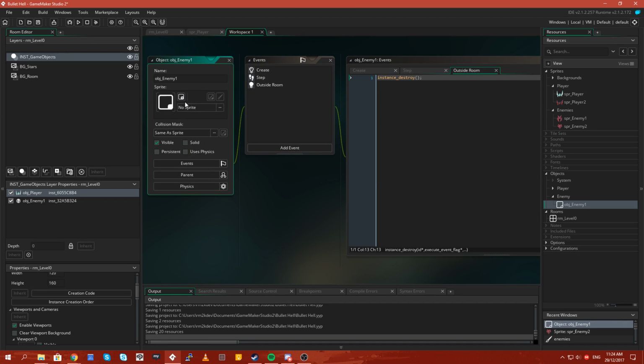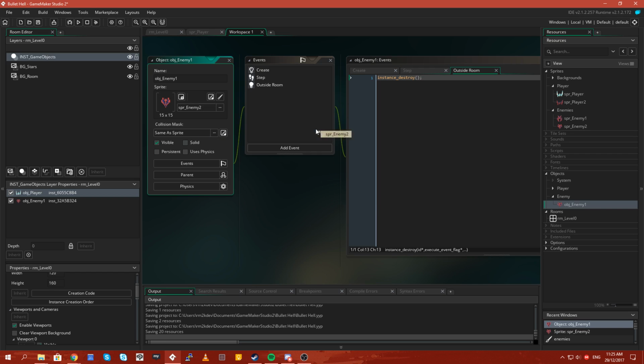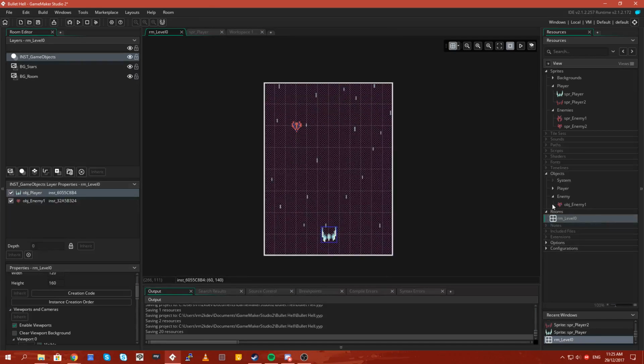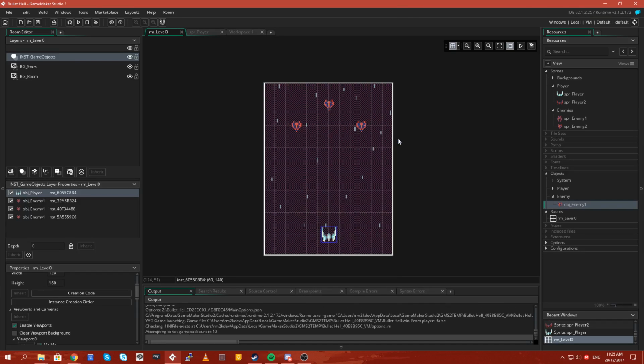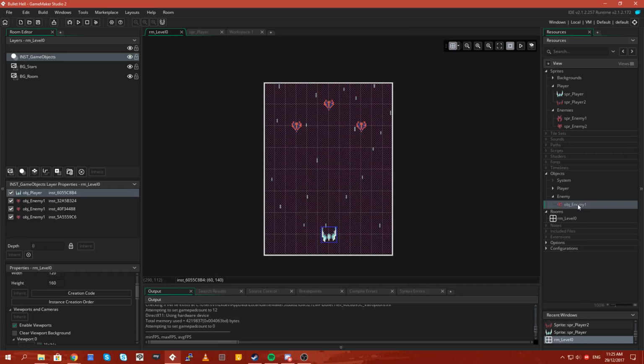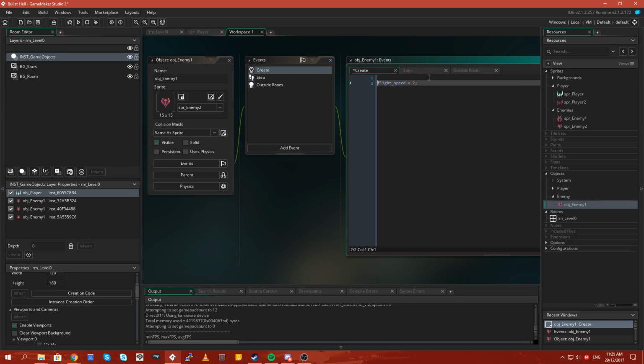I think you're right. I think they were rescaled. That is really annoying that it would do that. Anyway, look, it's done it to our second player as well. Look at the difference between our player 1 and our player 2 objects. So maybe we've encountered a bug here in Game Maker. But let's have a look and see how this works now that we can drag them onto the room, and they should fly down towards us. There we go. So they're flying down towards us, and they destroy themselves when they leave the room, leaving no memory leaking behind, basically. The other thing I want to do is turn their image speed to 0, so that they're not animated.